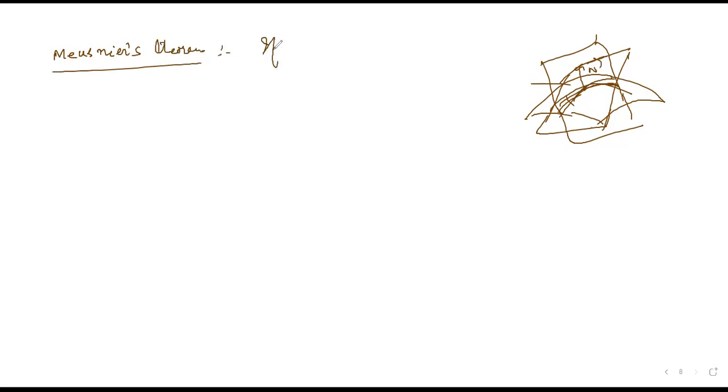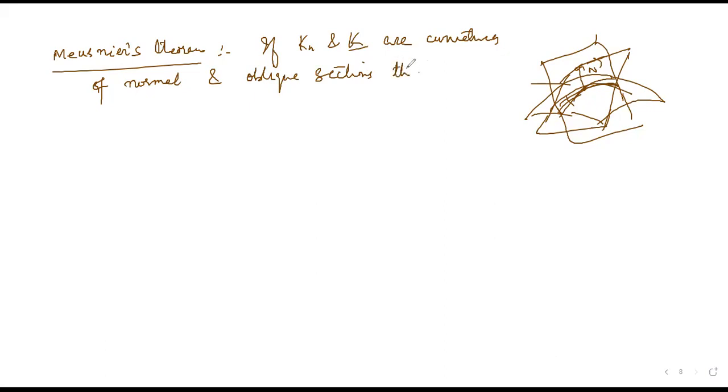The theorem says that if Kn and K are the curvatures of the normal and oblique sections at a point, at the same point, I mean oblique sections through the same tangent line,